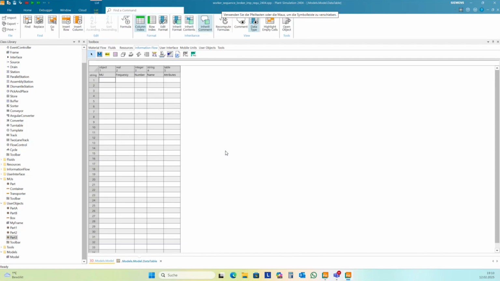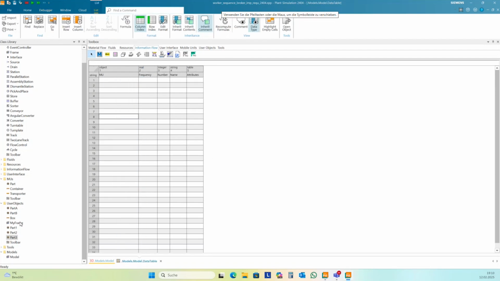And this is quite easy. Drag the 3 parts here into this table. And the frequency should be 0.4, 0.4, and 0.2, for instance.